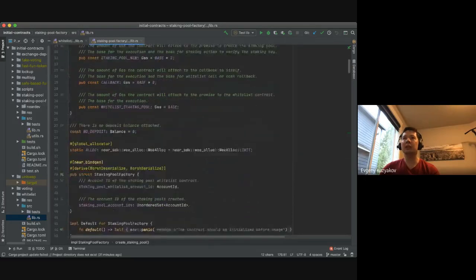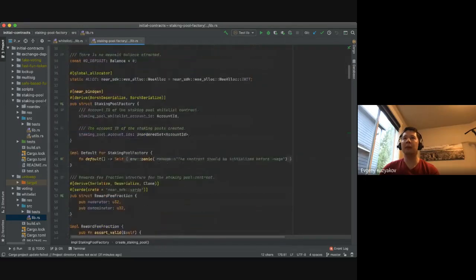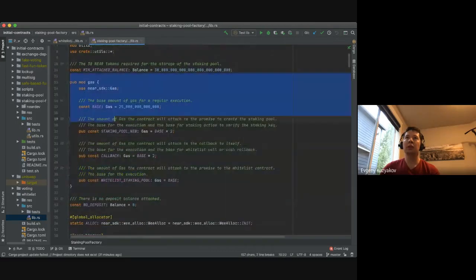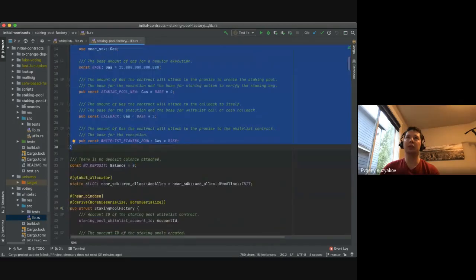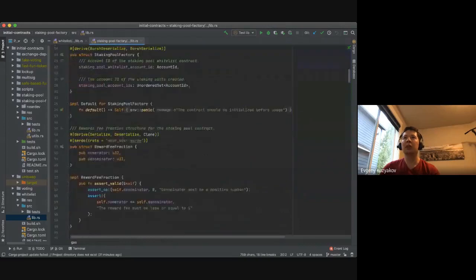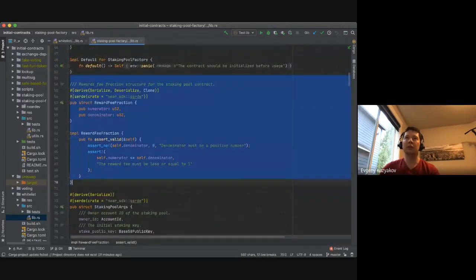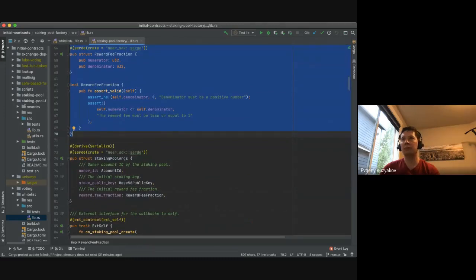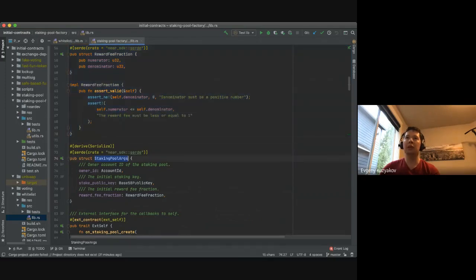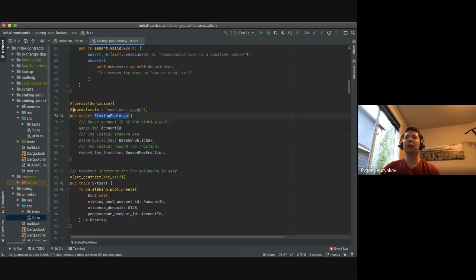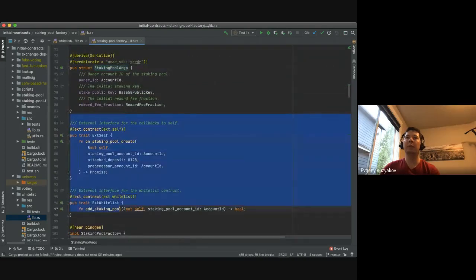So let's get back to the top. So this again, the structure. There was some information about the gas. We'll come back to this later. There's a reward fee fraction that's just copied from the staking pool contract that we reviewed before. There's arguments of the staking pool that it takes, and there's